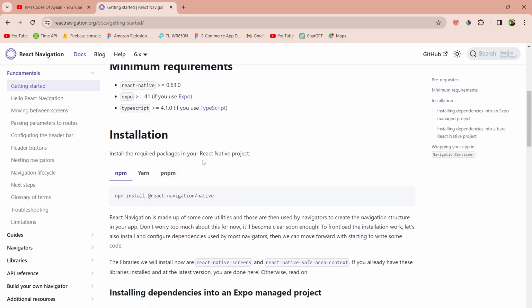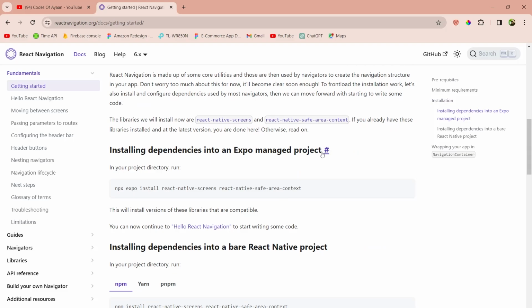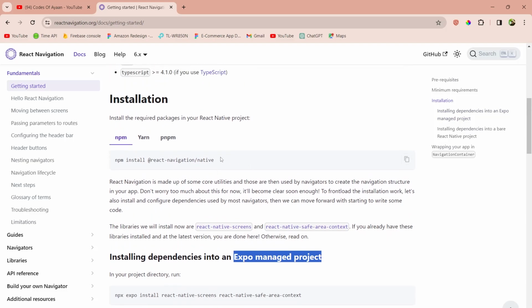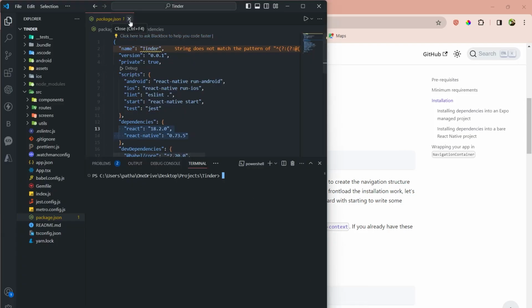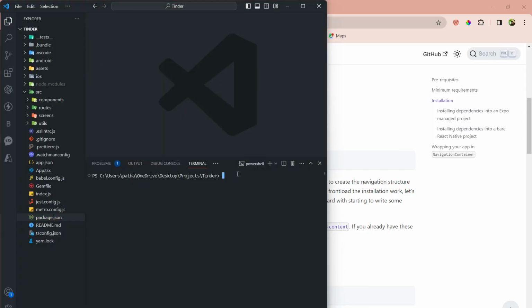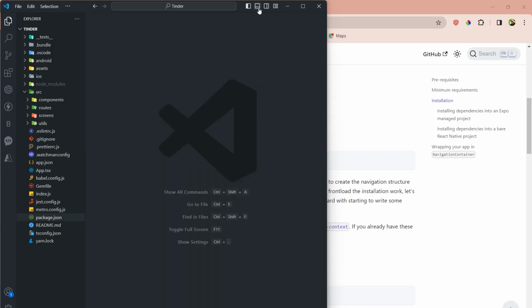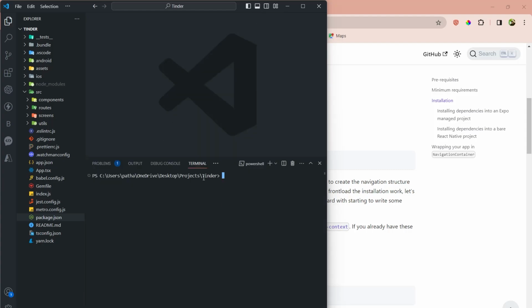And one more thing, those who are using React Native CLI, follow my steps, and those who are using an Expo CLI project, you have to follow these things. Okay, Expo managed, you have to install this line. But those who are using React Native CLI like me, you have to copy this line, open your VS Code. So let me close this package.json, and this is my terminal. If you guys are not able to see any terminal here, it's the right side second icon, this is the icon I'm highlighting using my cursor. Okay, click on this. It will directly open this terminal, and paste that line,